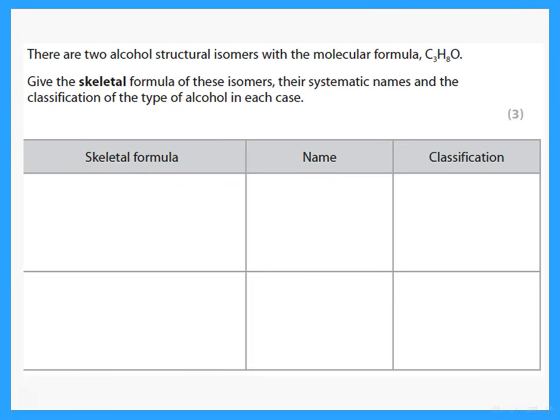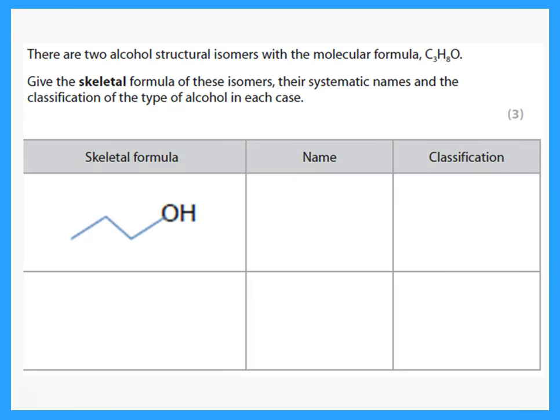Okay, this is another typical question. There are 2 alcohol structural isomers with this molecular formula. Give the skeletal. Again, pay attention. Is he asking for skeletal or displayed or structural? So here he wants the skeletal formula of the isomers that have 3 carbons. So what we have is an alcohol with 3 carbons. Now, what would be the kind of isomers that we have? Either the OH is on one end,